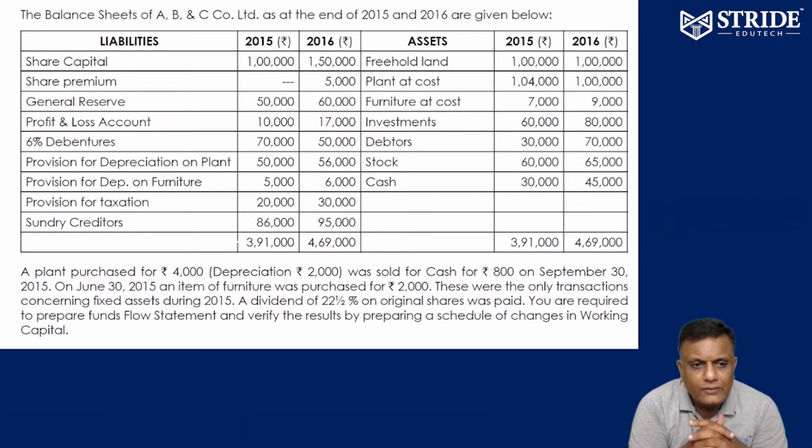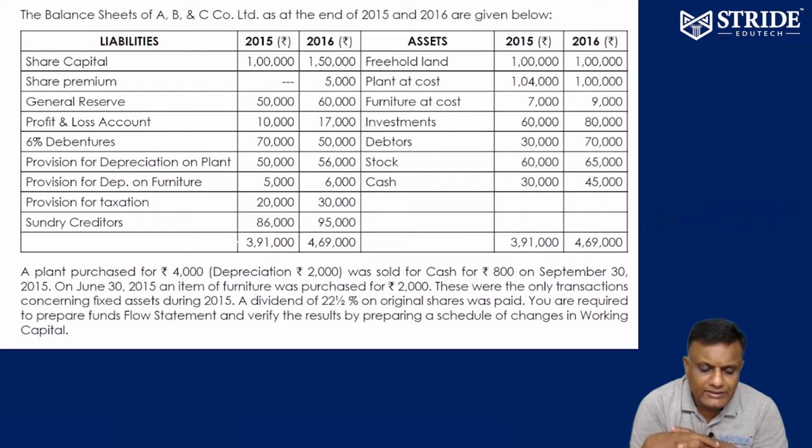6% interest is there. There are two options. Either we can show interest on the opening balance or we may not show interest. Here I am not going to show interest. I am going to leave interest. Next, provision for depreciation of plant. We will prepare a separate ledger for this. I will tell you how to solve depreciation of plant provision. Similarly, provision for depreciation of furniture I will put separately for the depreciation provision also.